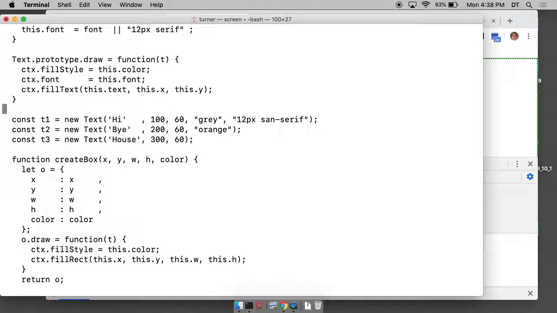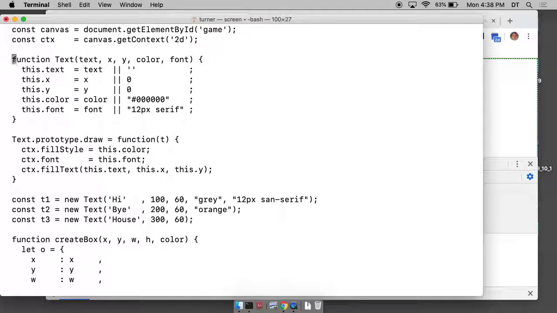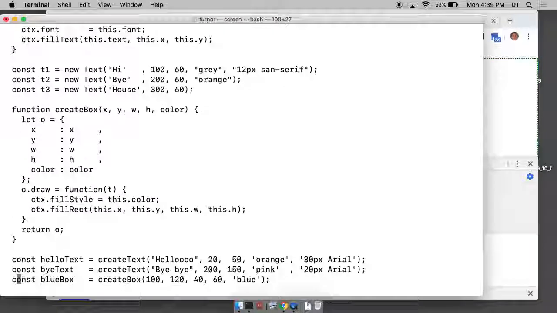But we don't need to do that now because we're using this. We're going to use this constructor function with a new operator. So we just save the return value there. And so this is part of our game code in a sense here. So we get these things, and then we